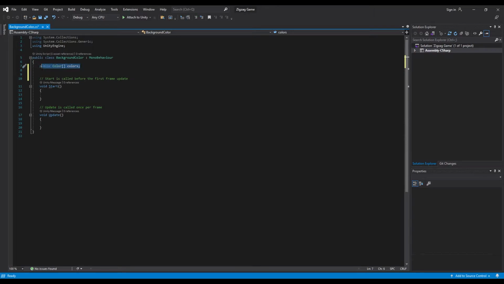So we have created a public color array, and we need to tell the engine to pick a random color from this array when the game starts or resets. To do that, first call the camera.main.backgroundColor. Camera.main.backgroundColor is equal to colors,